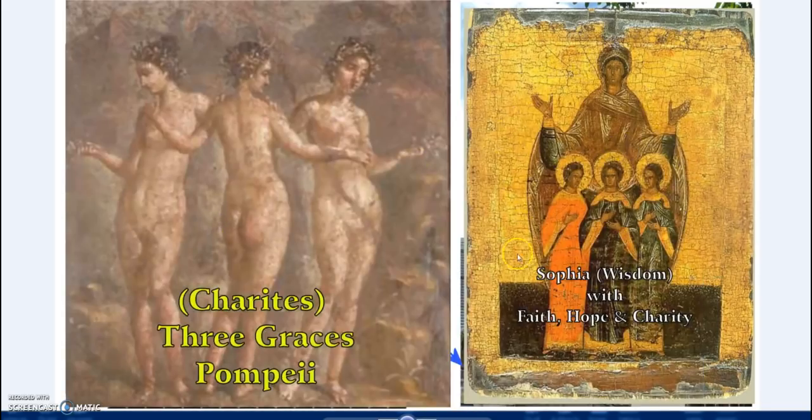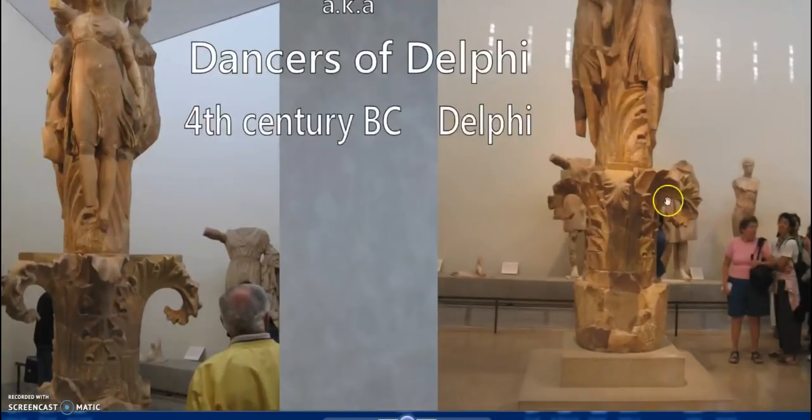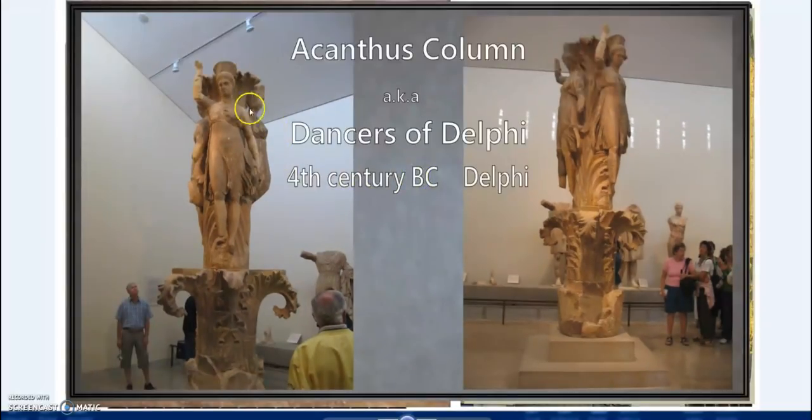Now, this very old Christian symbol connects back to, and I won't go into depth, the three graces, which are together charities, but again, this has so much within the Christian tradition. It goes back to earlier times, but it's also, of course, very Masonic. But we have the acanthus column, or the Dancers of Delphi, and with the acanthus leaf, this column, and the